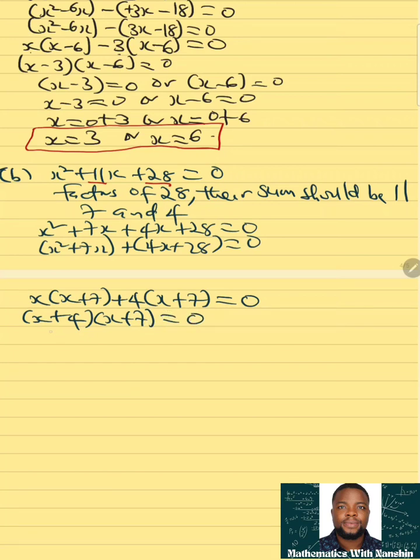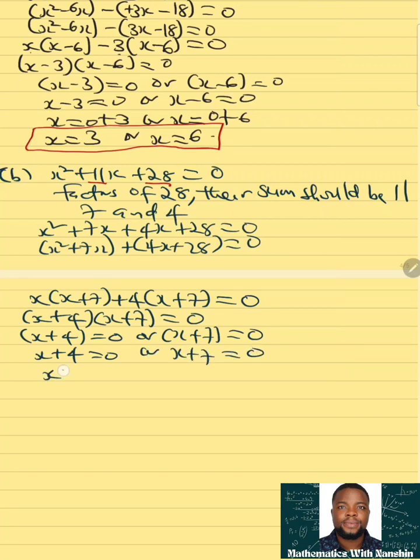Equals to 0, right? So either the first bracket is equals to 0 or the second bracket is equals to 0, right? So you have x plus 4 is equals to 0, or x plus 7 is equals to 0. So you have x is equals to 0 minus 4, because 4 crosses, so it becomes negative. The same thing here, x is equals to 0 minus 7. x is equals to minus 4 all over